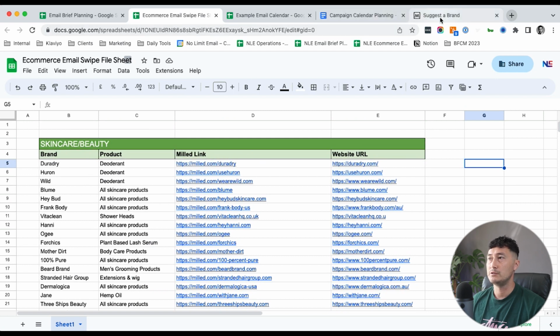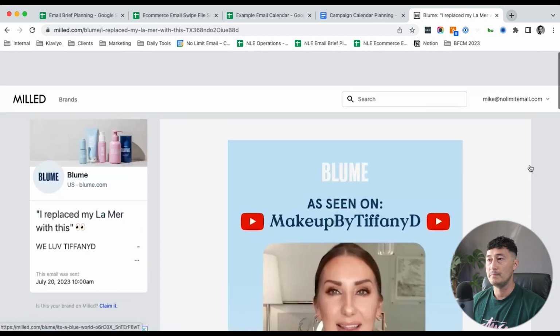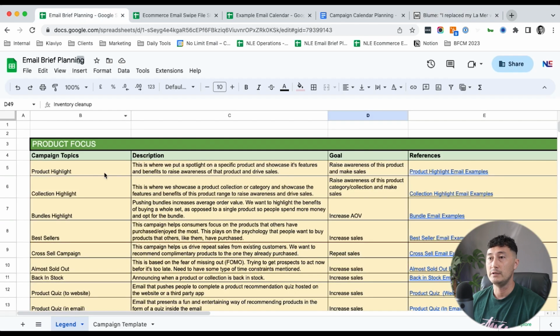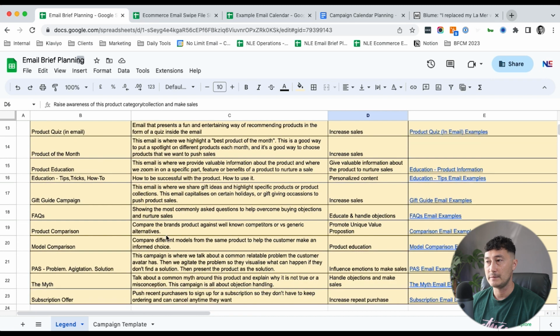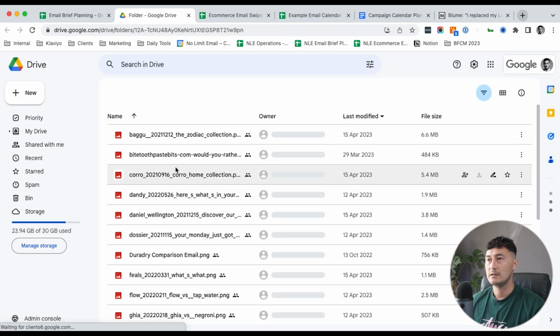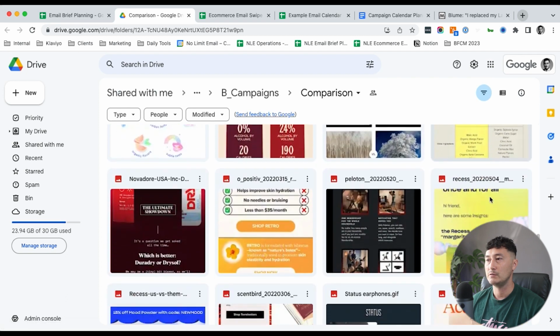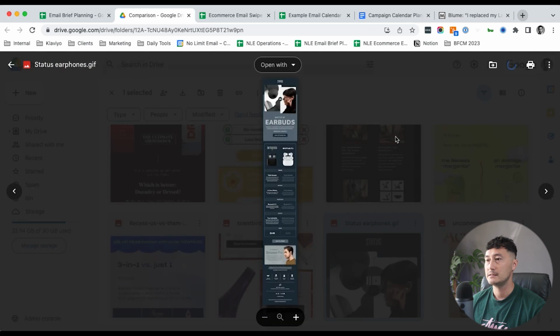But really what you want to do is, of course, find awesome emails, take a screenshot of them, put them into a Google Drive, and then start putting them under what are the campaign topics that this email is talking about. Is this a product highlight? Is it this? So that then you have the Google Drive, and you can go there. So let's look at maybe product comparison. So it's like, oh, what is a product comparison? And then bang, you have a bunch of cool product comparisons here,